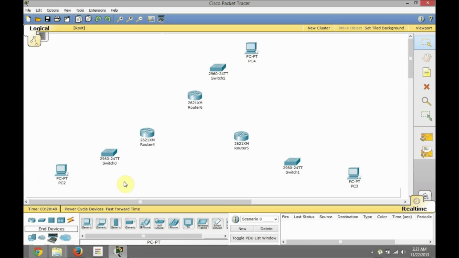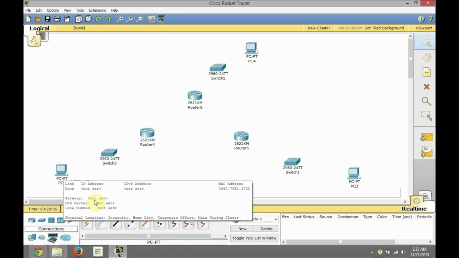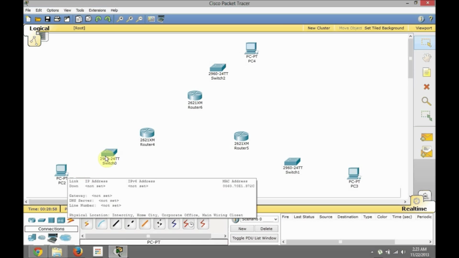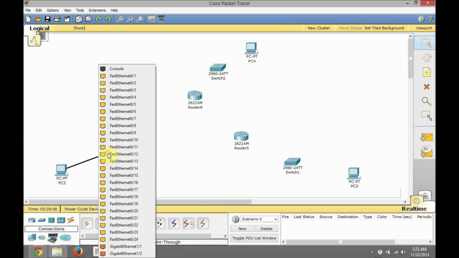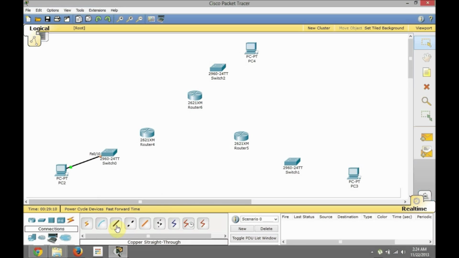Okay, so now we need to connect them with a wire, as we know that a computer and a switch is connected by a fast Ethernet. So if you're going to use straight through wire, we can use other wires as well, but we're going to stick with this one for now. Okay,